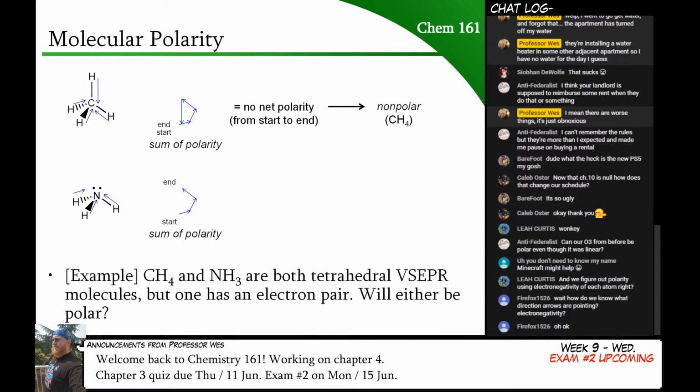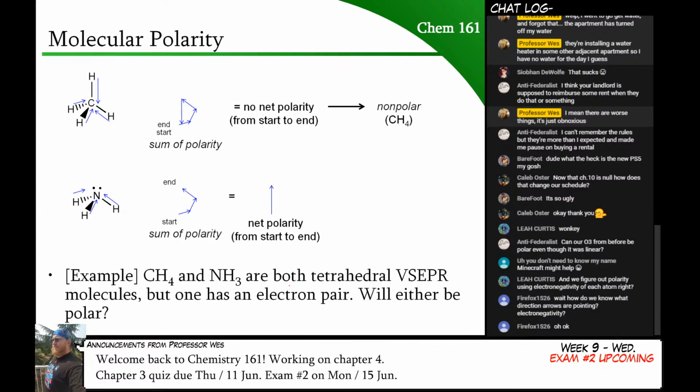But if I were to draw ammonia wrong, such as, say, like this... God, I hate drawing with the mouse. How do people do this? Something like that, where it looks triangular, and then they say, oh, it's nonpolar, where in reality, it is polar because those bonds are actually pointing at the screen to you. And so the polarity would be out of the screen.